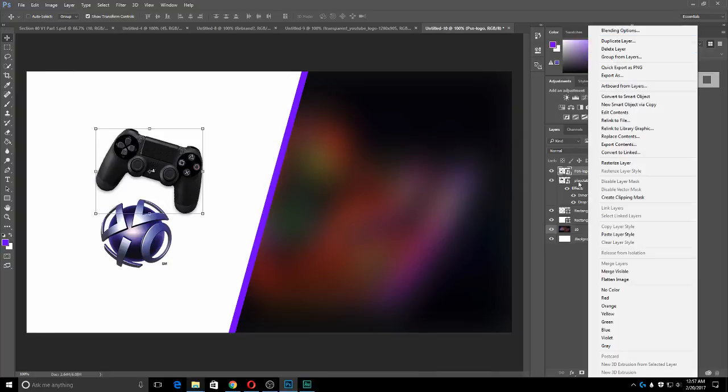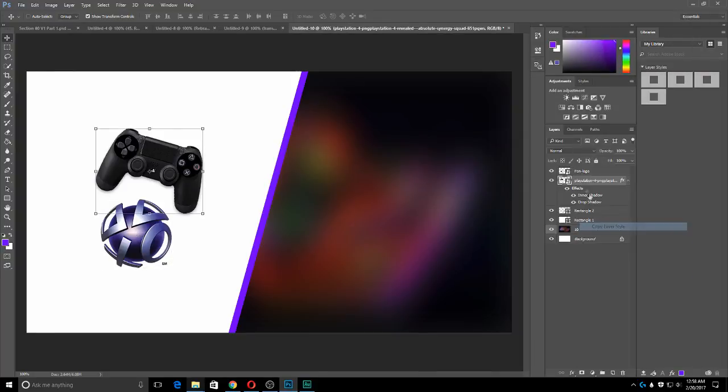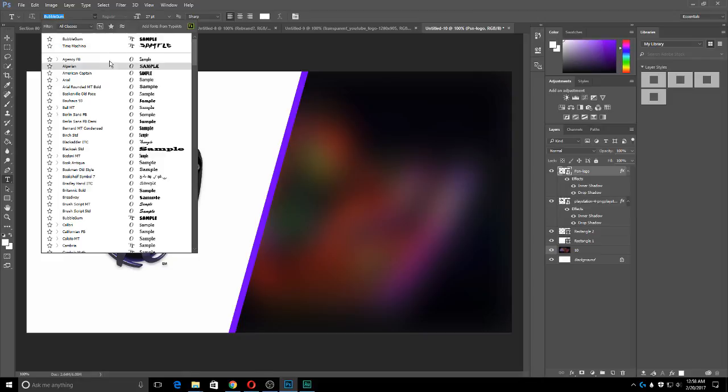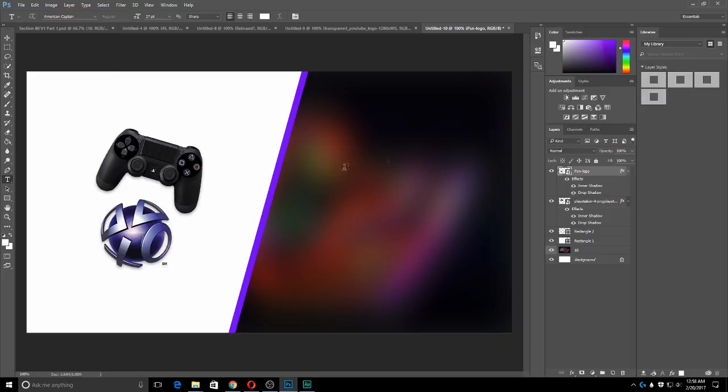And you can go ahead and copy that layer style and paste it onto the PlayStation Network logo or any sort of logo you have. And as you can see, it just gives it a little bit more depth and more detail. So for the text you can use Cinema 4D, but for this video I'm going to do really simple, and I'm going to pick which font I want. So you can do Bubblegum, Time Machine, American Captain, any sort of font you want. Now for me, I use American Captain if it's just a simple